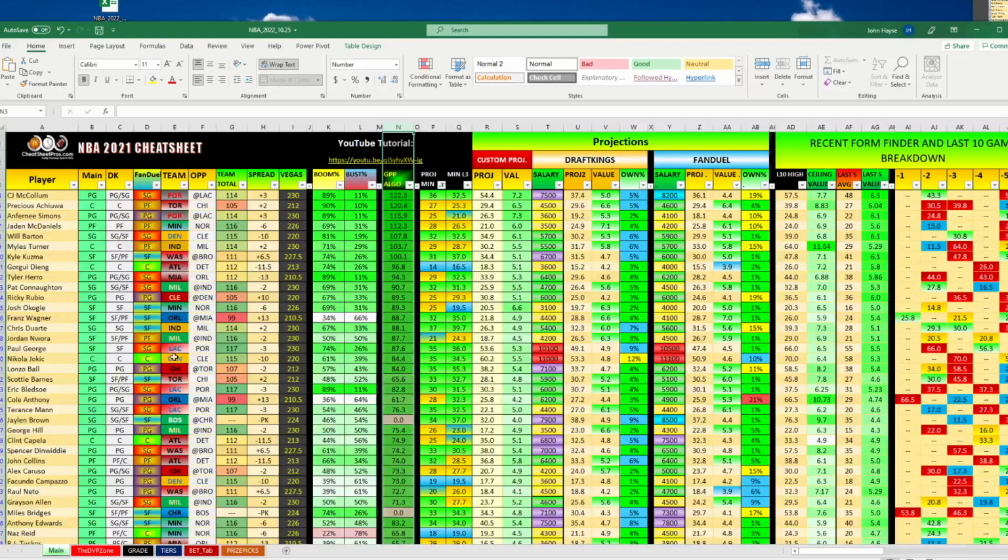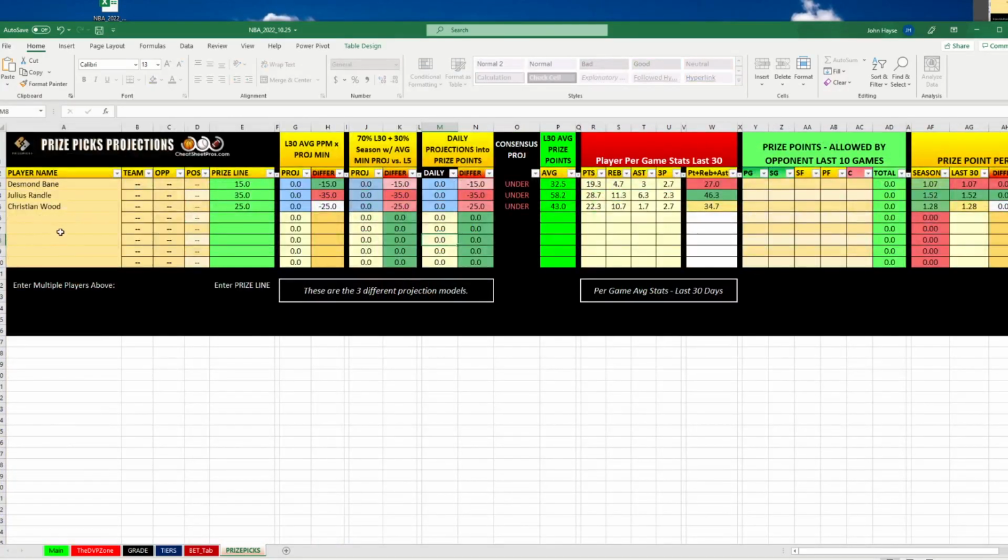I want to show you a prize pick on here though. So let's say Miles Turner. All right, want to find someone that's playing today. So anywhere up here, you just come in and type in Miles Turner. And be careful if someone's got a name with Junior or the third behind it. You may have to type that in. And you can see it fills it in here and it says, okay, their last 30 average fantasy or prize